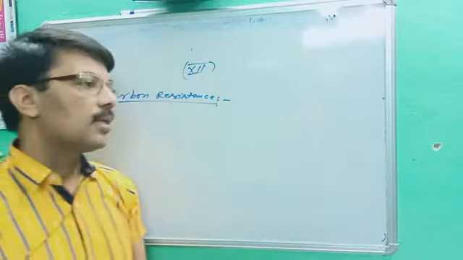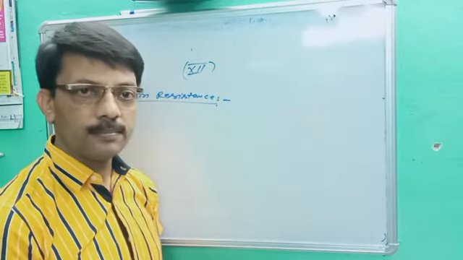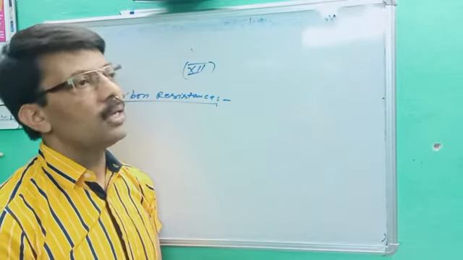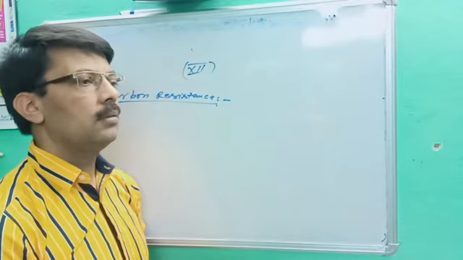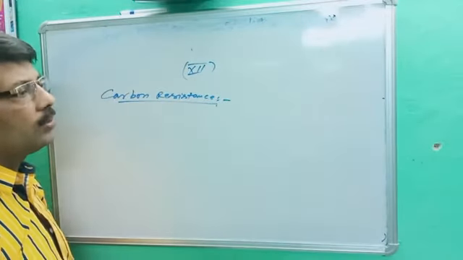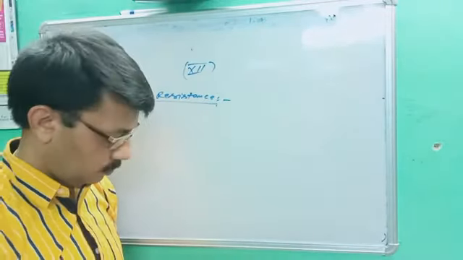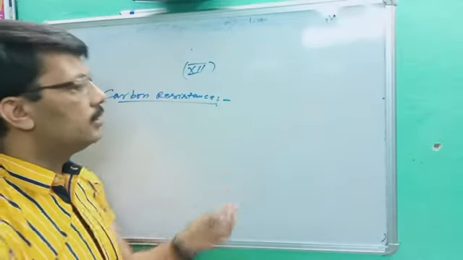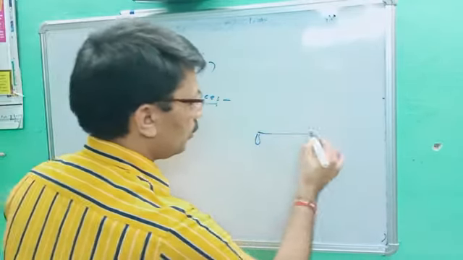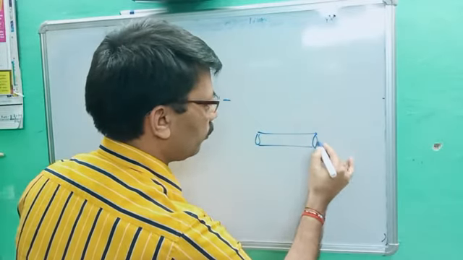These are the resistances made by carbon, used in electronic circuits, that can change their value. This is called carbon resistance. Now see there, this is in cylindrical form,